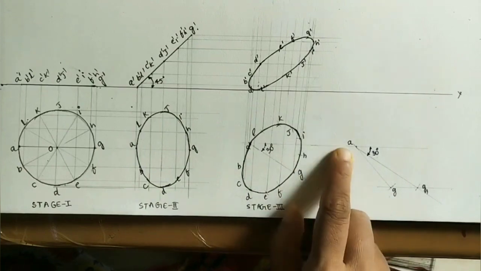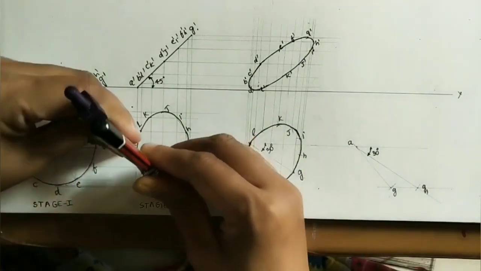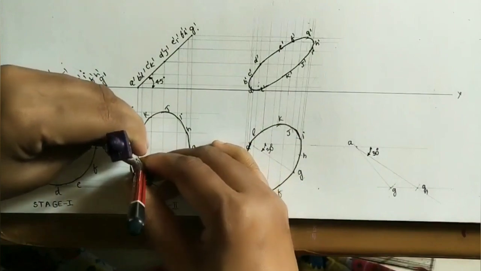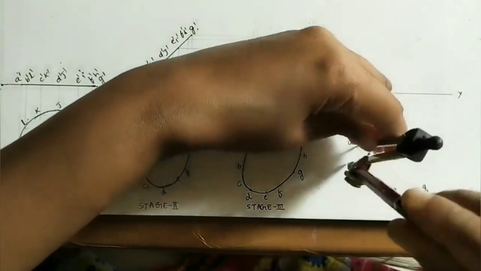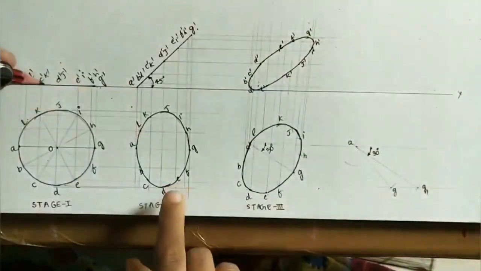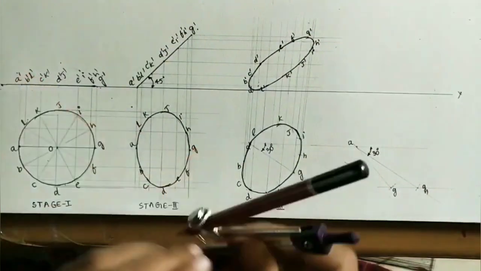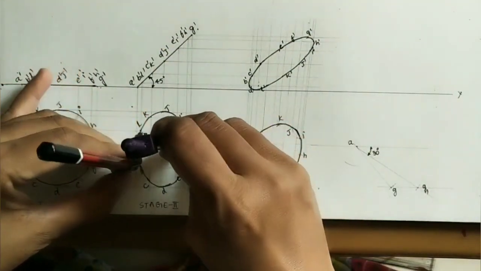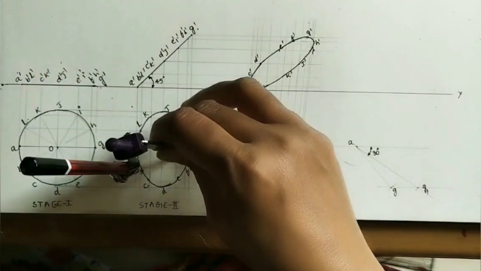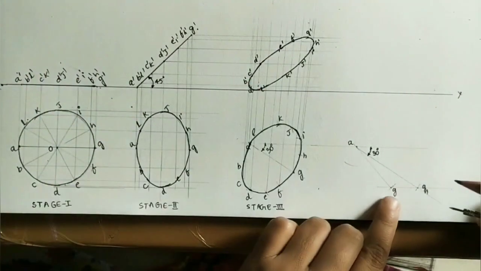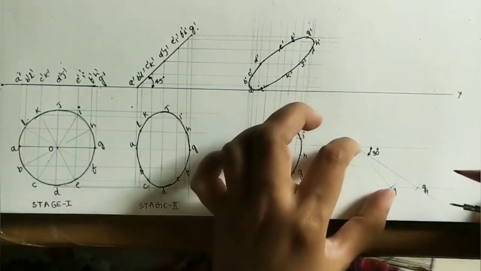Now mark the other points also, the same as the method we did. After marking A, take the B point, take AB length, A as center, just do an arc here. Similarly, take this GB length, G as center, because we are taking the same top view on the new diameter.